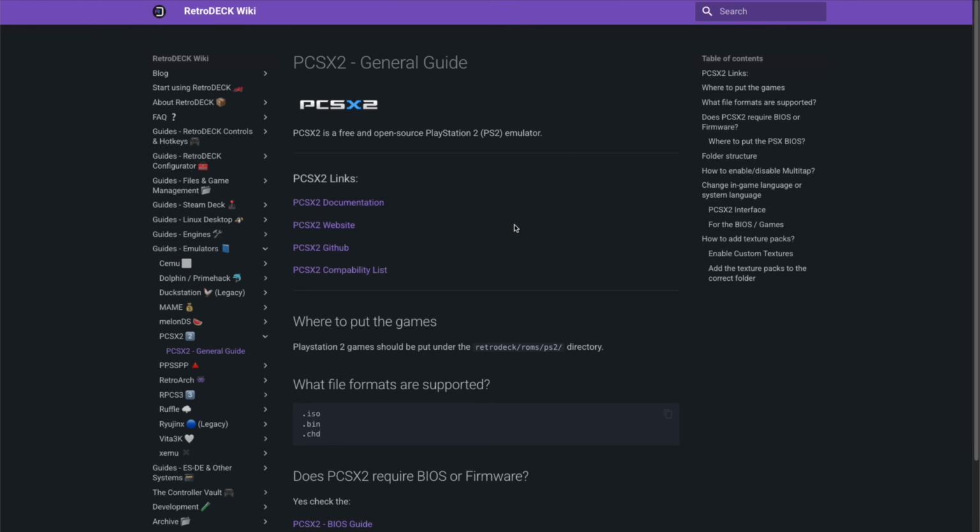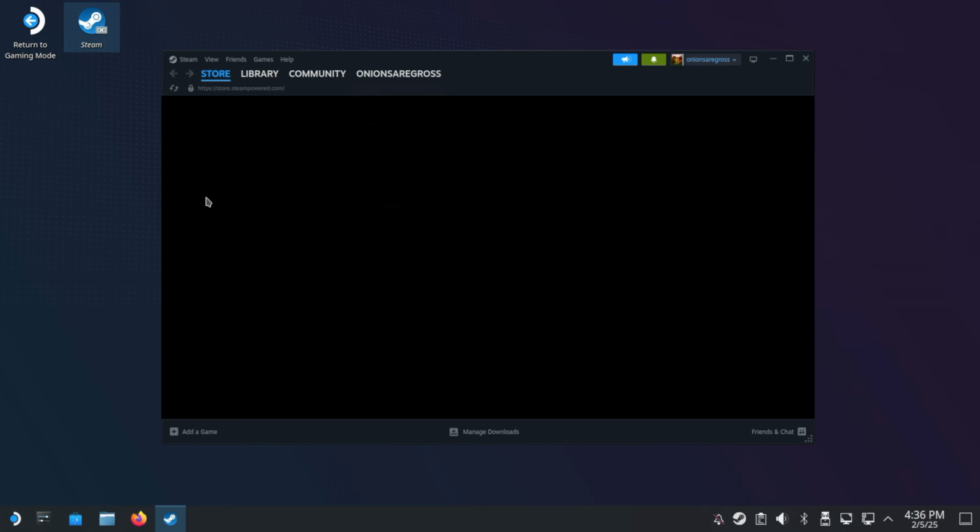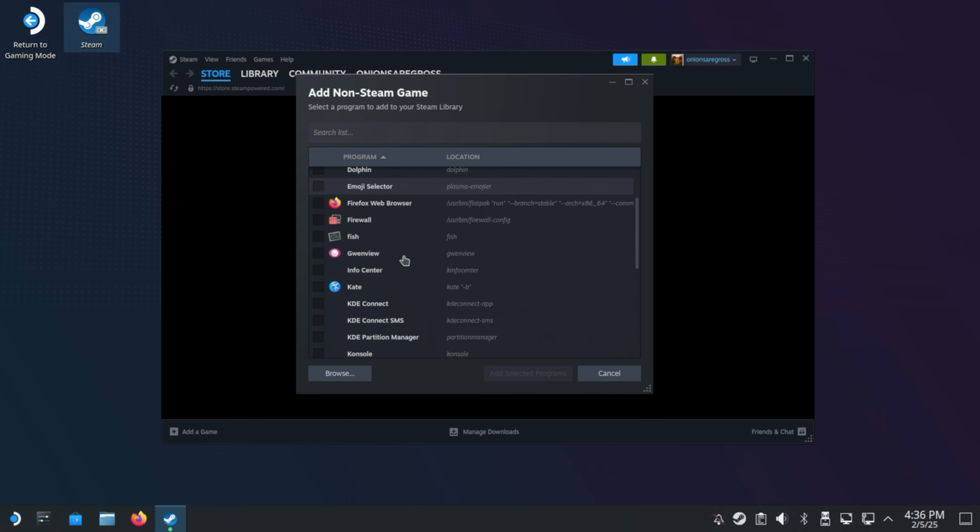Okay, at this point, we have now added our BIOS and ROMs files, and we are ready to actually start rocking with RetroDECK. First thing you want to do is, still in desktop mode, open up Steam. And then on the bottom left, you will see an option that says Add a Game. From there, choose Add a Non-Steam Game, and it'll give you a list of everything that's installed on the computer,